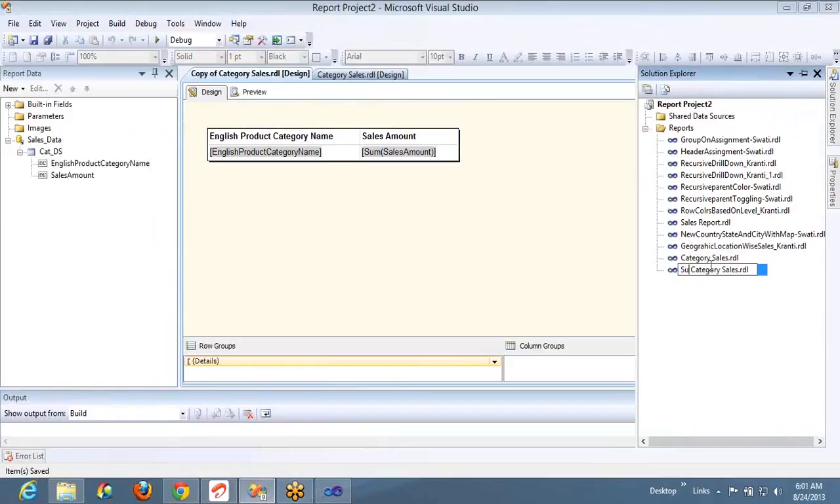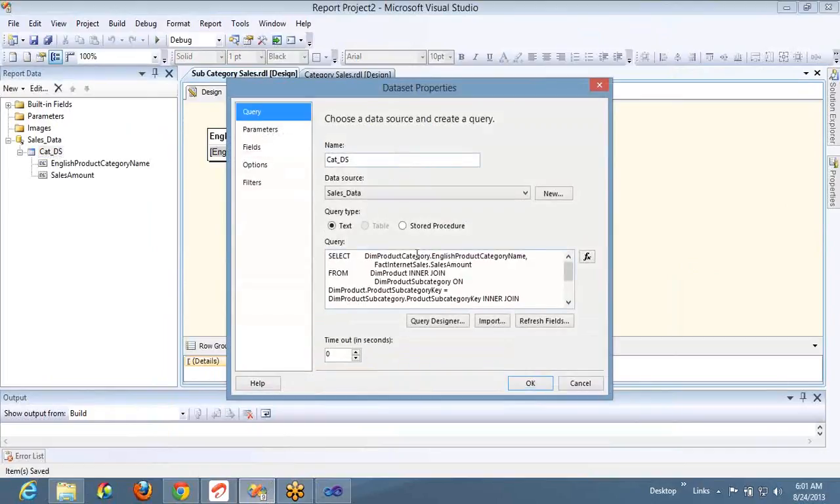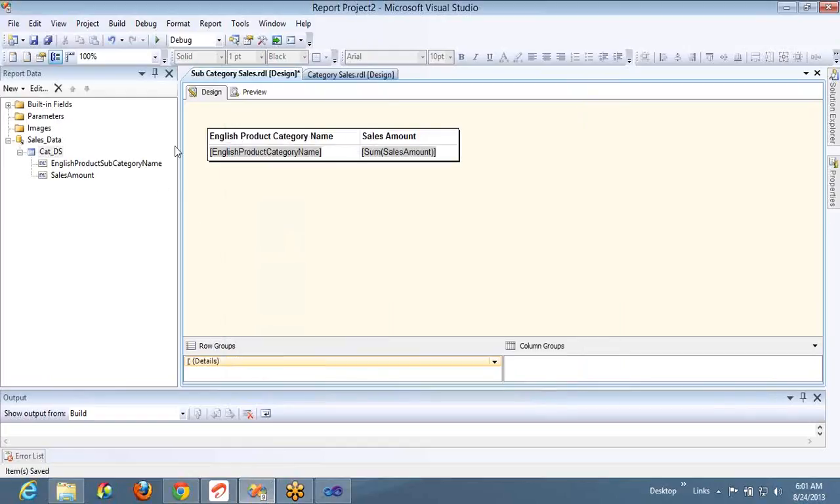What I'm gonna do is I'm gonna modify this. Okay, this is subcategory sales. Instead of English product category name, I want in product subcategory, English product subcategory. Okay. Now instead of this, it should be subcategory, and this header should become English product subcategory. Okay, everything is set, and let's see